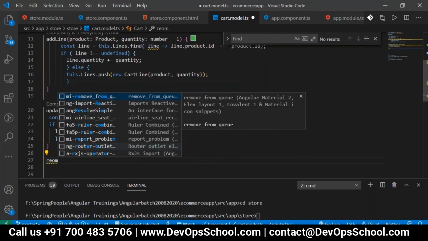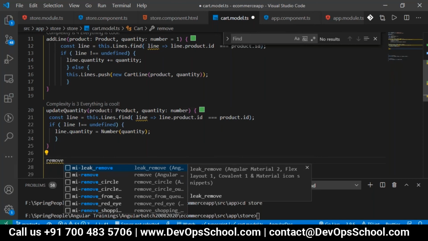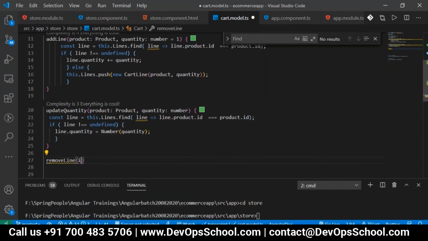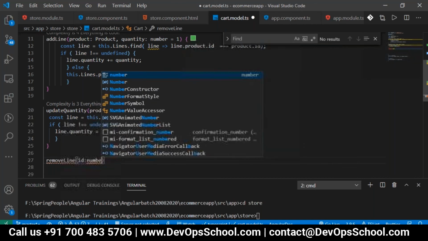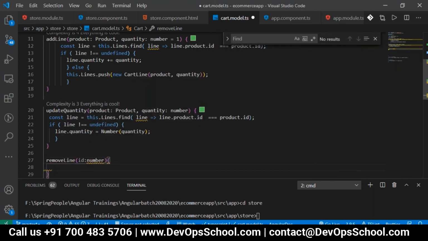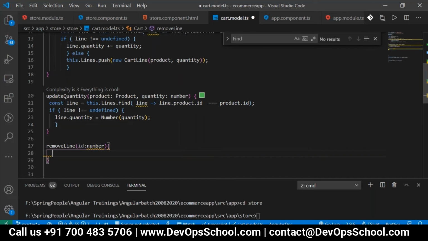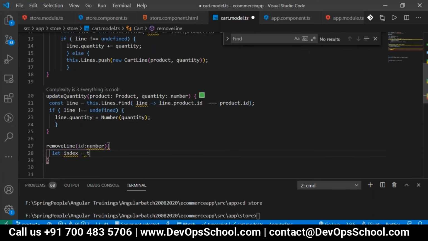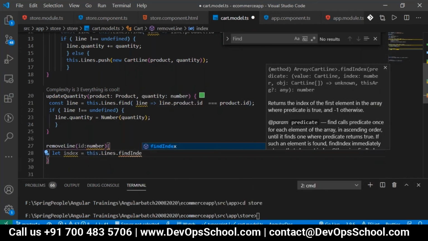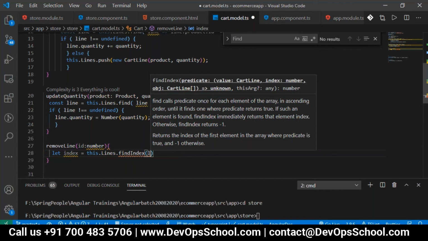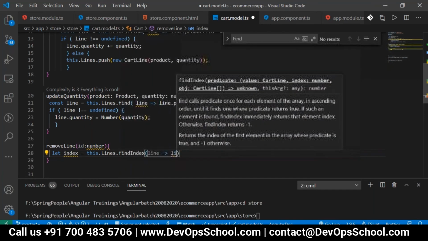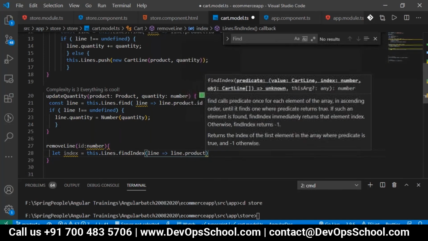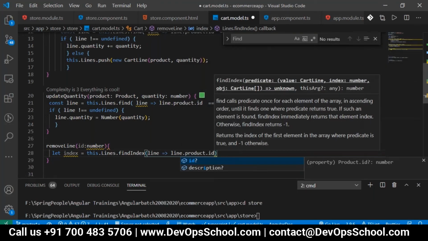Then if you are removing some item from the cart, remove line, which is based on ID. So removing the item from the cart, again let index equal this dot lines dot findIndex, where line dot product dot ID matches.